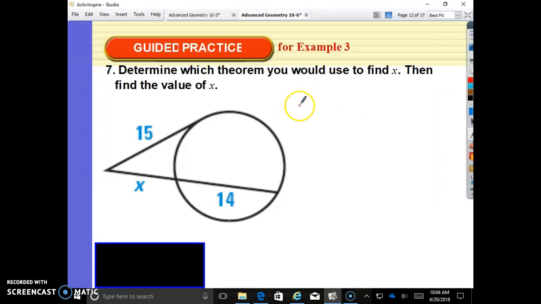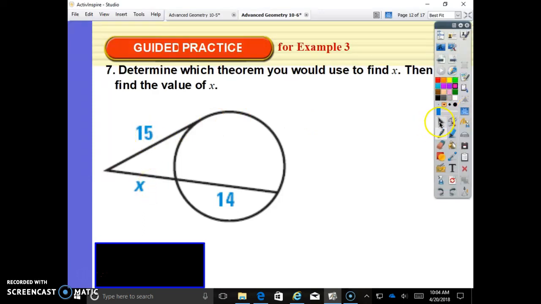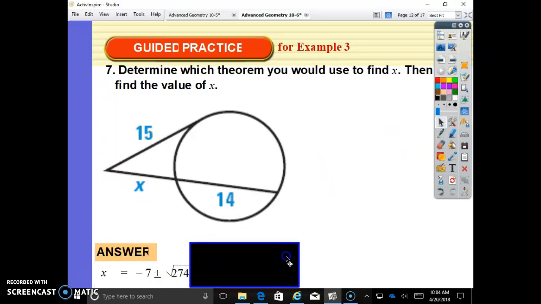Outside times whole equals outside times whole. So once again, the same thing. 15 times 15 equals x times x plus 14. We've done a bunch of these practice problems. You can do it on your own time. I'm just going to give you guys the answer. The answer to this one